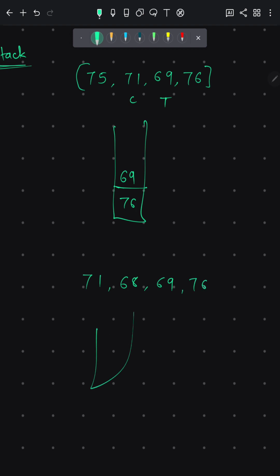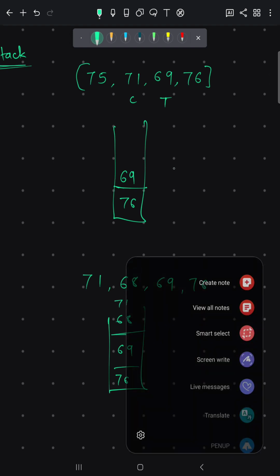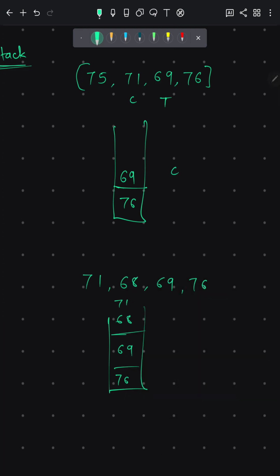So the stack would be like this: 76, 69, 68 and 71. If we encounter an element C that is greater than the top of the stack, then we keep popping elements from the stack till we get an element greater than our current element.